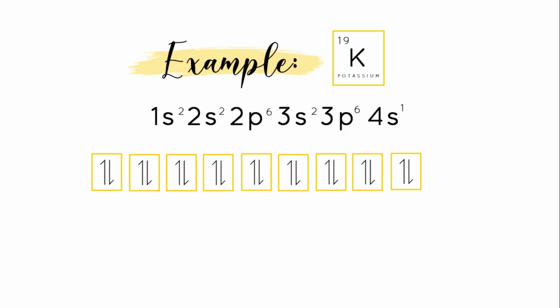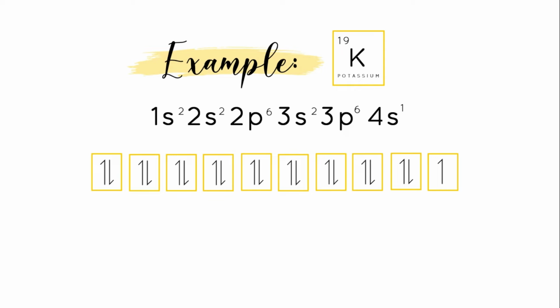Last, we have the 4s1, or valence shell. Since we're dealing with the S subshell, we need to draw 1 box. And since it is 4s1, this subshell holds only 1 electron. So we need to draw only 1 arrow, and that is this one. So this is the orbital diagram of the element potassium. Remember this because this is going to be really useful later on as we identify the last 2 quantum